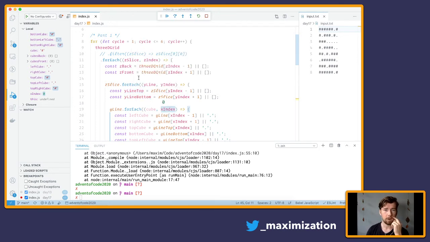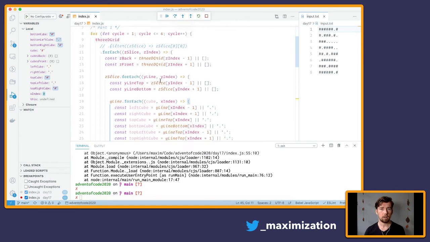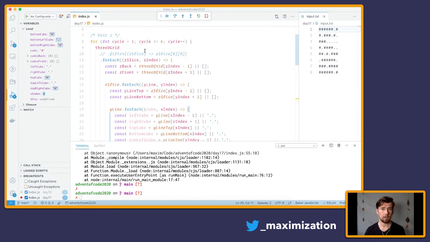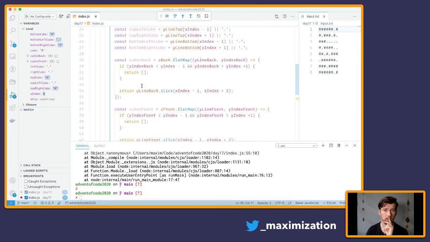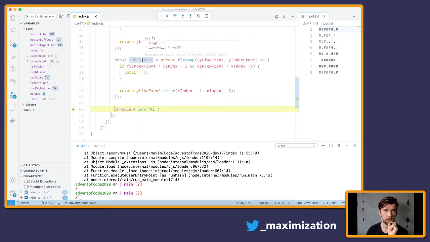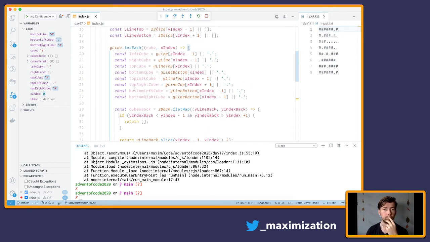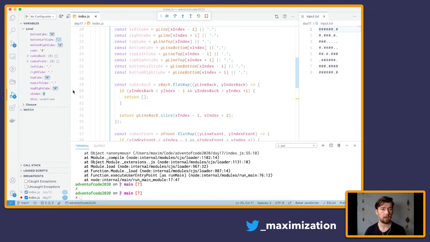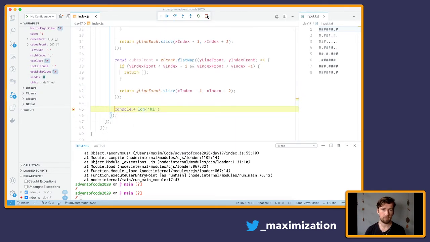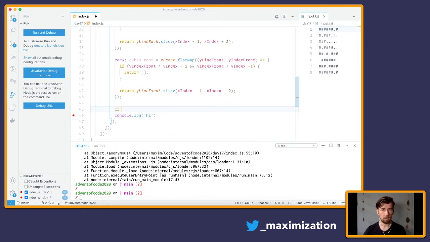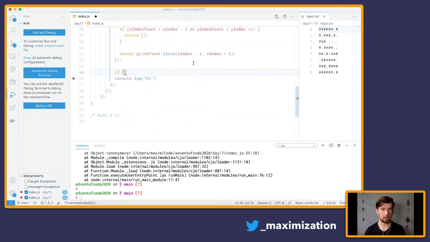The Y line top, Y line bottom, and the Z back. Well, on our first iteration, we're going to have undefined slices in the front and the back. So what I actually want to do is continue until cycle is 2, and then figure out the cubes in the back and the front. Okay, let's do it like this. If cycle equals 2,